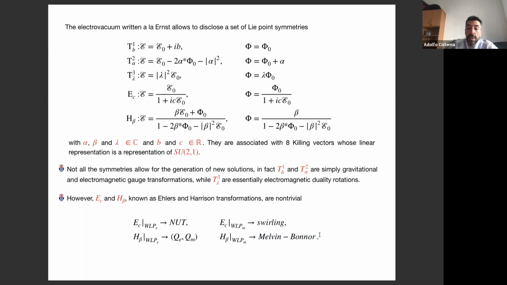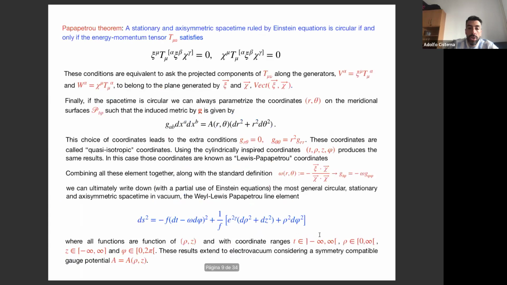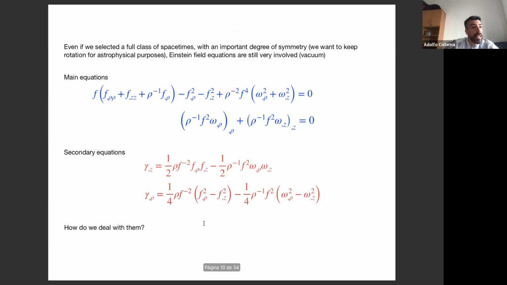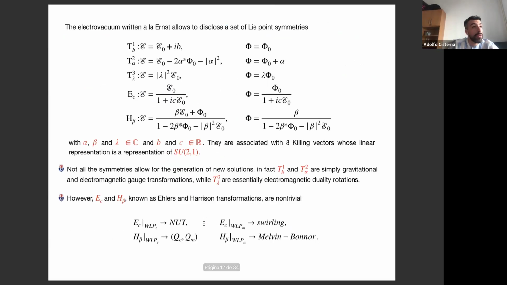And this is closely related with the fact that when you do the double Wick rotation on this spacetime, you change the asymptotics of the spacetime. They are not asymptotically flat anymore. Well, another thing I should say is that all of these Lie point symmetries are valid in Einstein-Maxwell. They don't accept the inclusion of a cosmological constant. So we are dealing with asymptotically flat solutions. When you do the double Wick rotation between T and phi, you are changing the asymptotics, and this has an effect on the resulting spacetime after you apply the transformation.